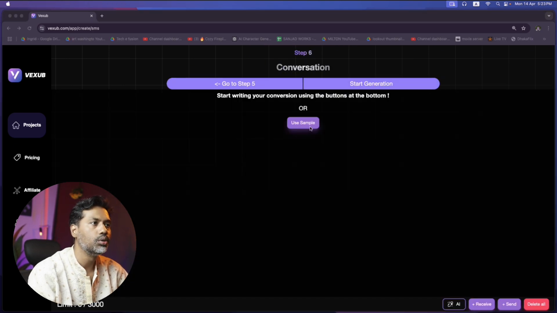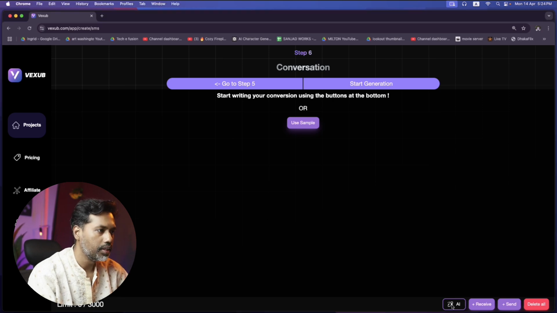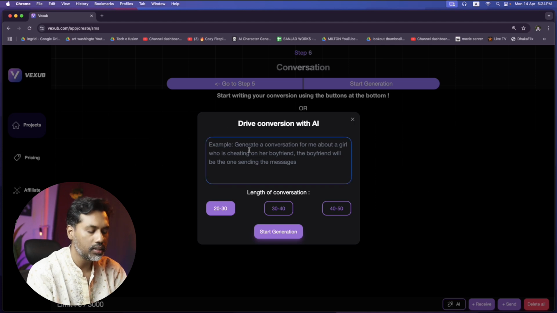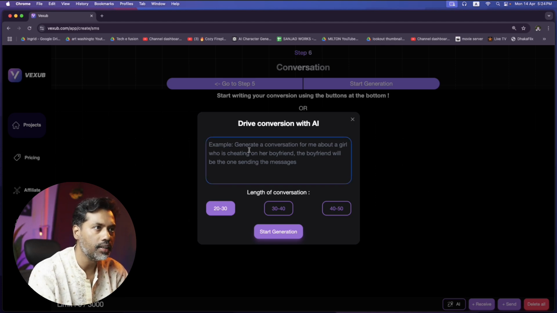Now here you can do two things. You can either give a conversation yourself, generate it through AI from other platforms, or write your own. But the cool thing is that this platform has its own AI process by which you can generate your conversation right here. So here is the AI option. Click on this and you just have to provide the prompt text here so that AI can generate a conversation for you. For example, let's write